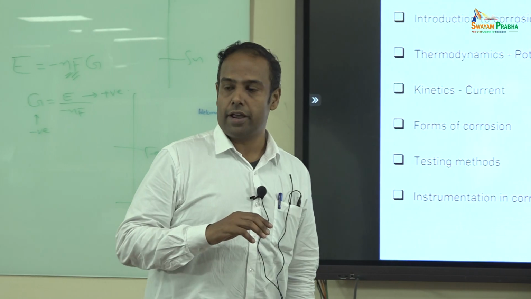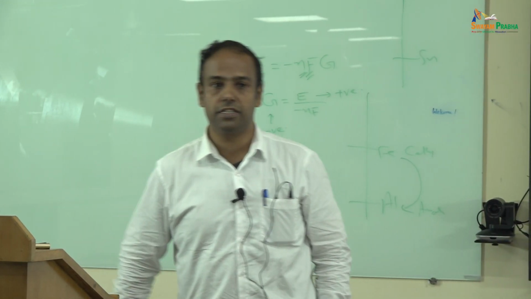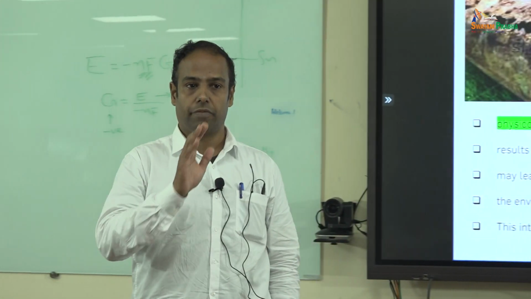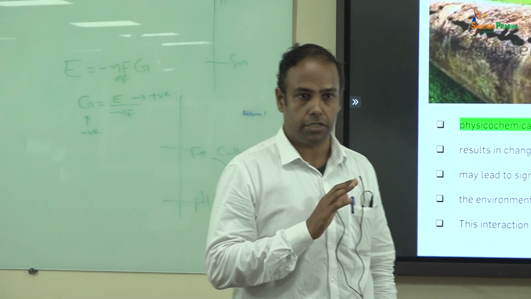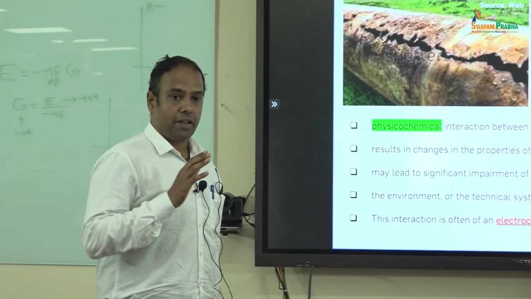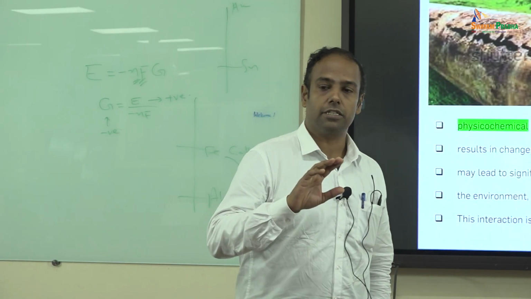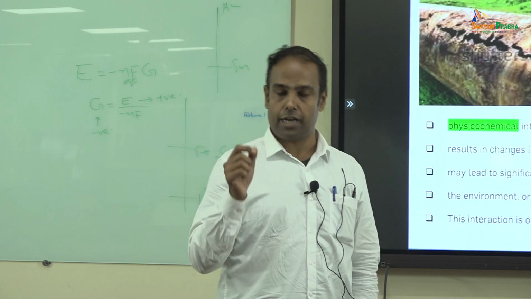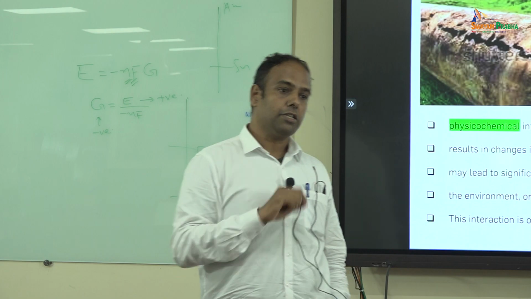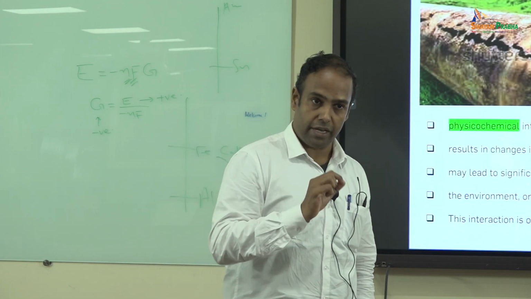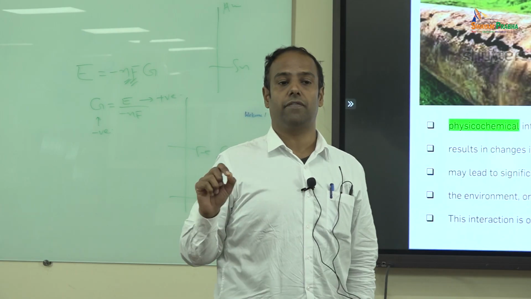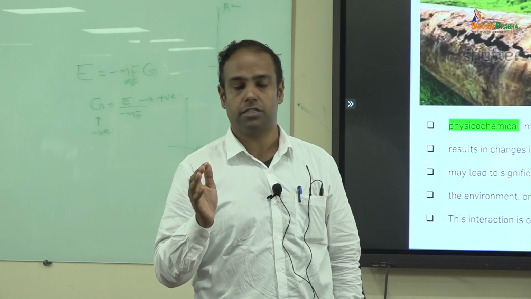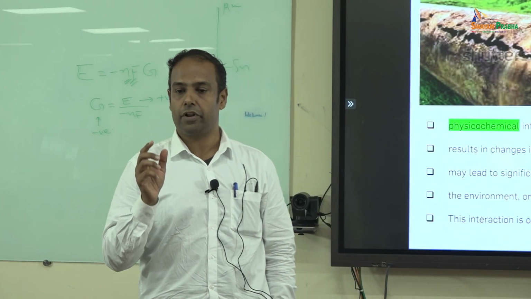So when you talk about chemical reactions, we all know that if I want to know the feasibility of a particular reaction in terms of chemistry, I'm going to talk about free energy change, or Gibbs free energy change. But if I have to specifically talk about an aqueous system, especially for metal systems in the environment, we talk about this as a physical and chemical interaction of the material with the environment, and this interaction can be chemical, basically chemistry, but it is a little more specific: it is electrochemical in nature. That means there is going to be flow of charges, there is going to be separation of charges on the surface, and therefore you're going to have some phenomena related to it.